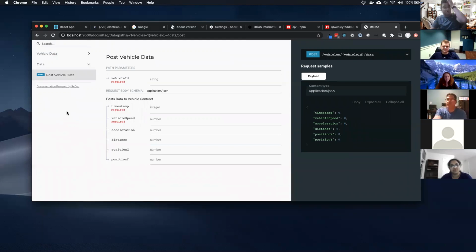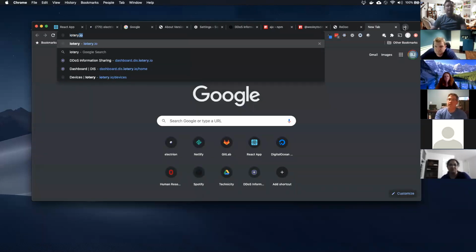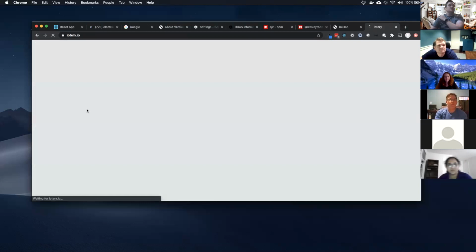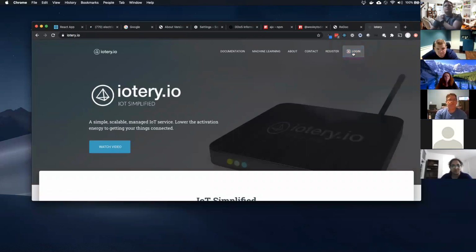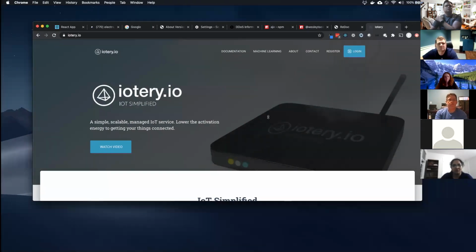There are some limitations to this. We've actually had to build an entire system on top of Redoc to get you into the specific ones, because your APIs get very complicated, like in IoTry.io, which is our managed IoT service. We'll talk about this later. I don't really want to log in. It's okay.